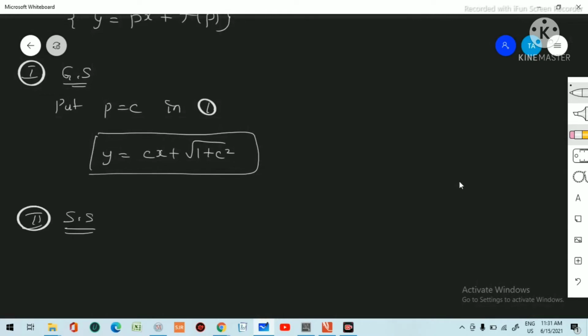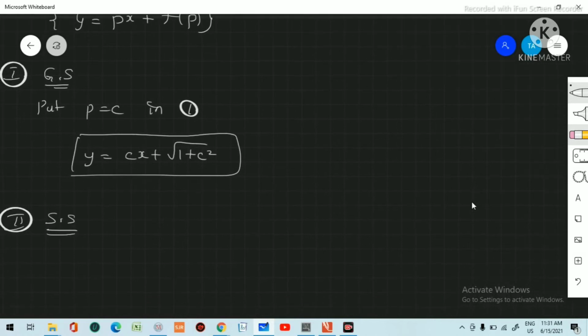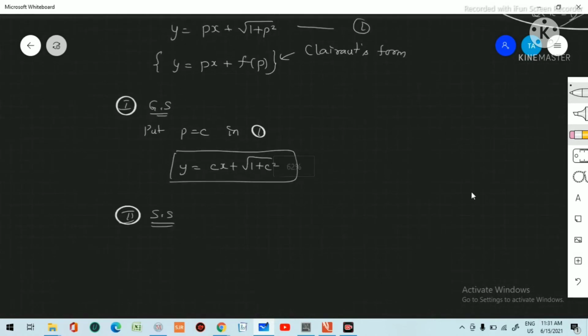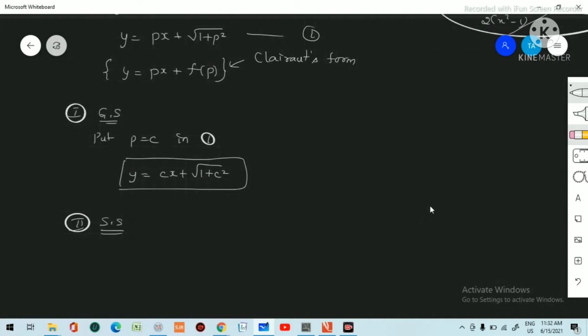Okay, second part, singular solution. How do you find the singular solution? Differentiate equation 1 partially with respect to p. So this is our equation number 1, and I'm differentiating partially with respect to p. On the left hand side I'll get 0. On the right hand side x is constant. Differentiation of p is 1, plus